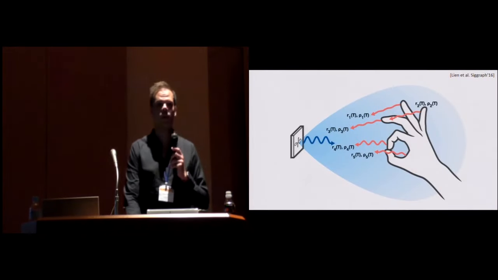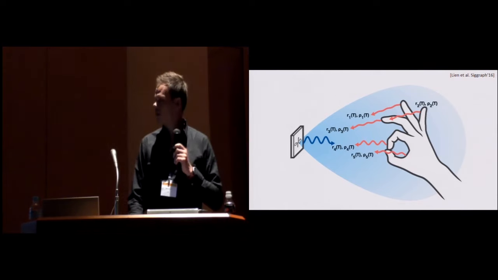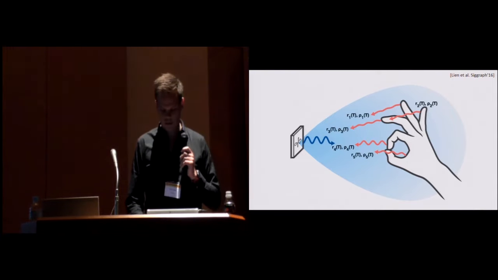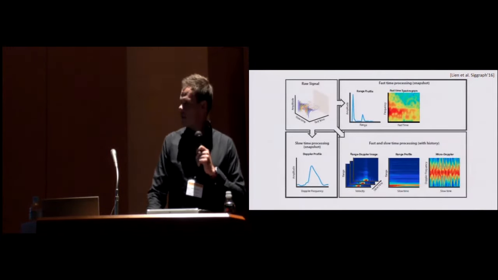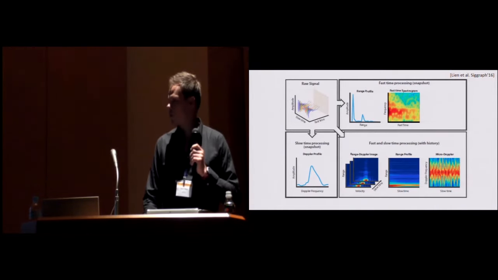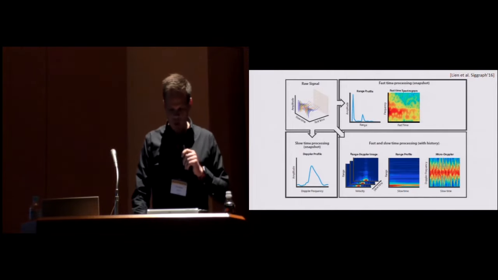It illuminates the scene with electromagnetic energy, and some of this energy is reflected back off centers, reflection centers on the hand. The signal is then processed in several transformations, and we're going to talk about the range Doppler images that you see on the bottom left here. What's interesting